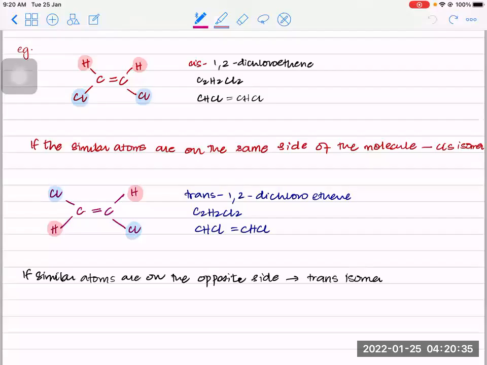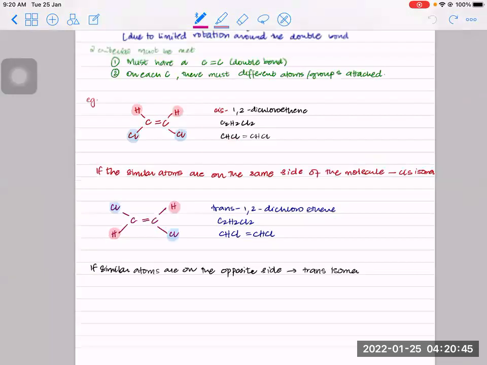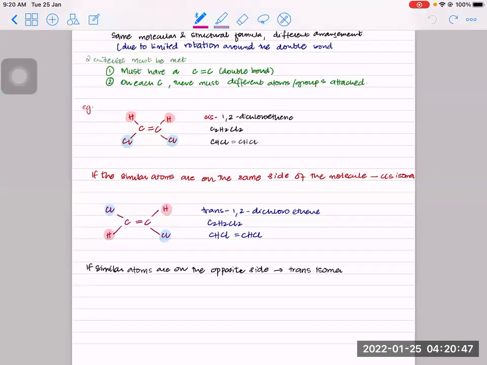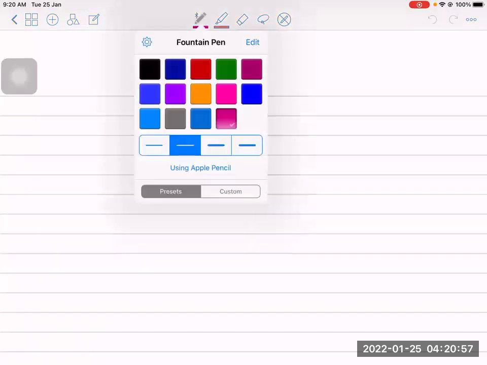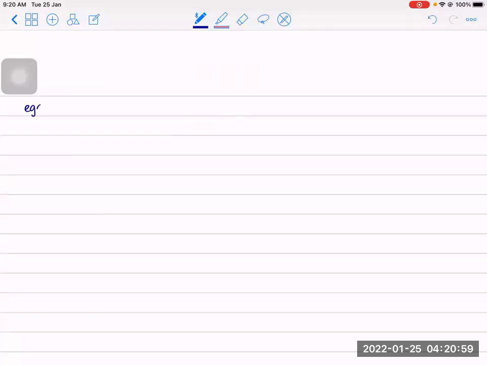So this is the cis and trans isomer with the same molecular formula, same structural formula, but different arrangement in space due to limited rotation across the double bond. Now, let's see some more examples. Let's see this. So if we have this right here,